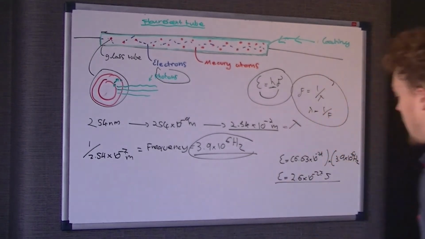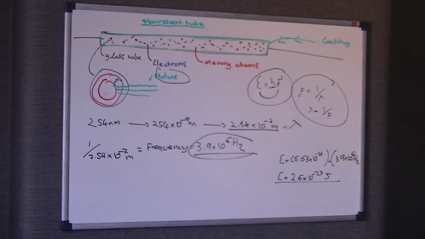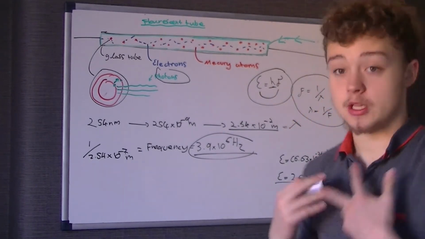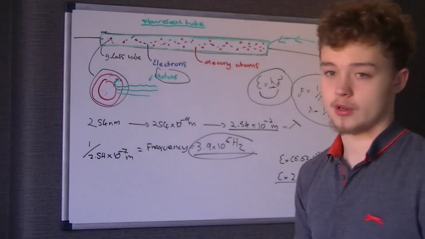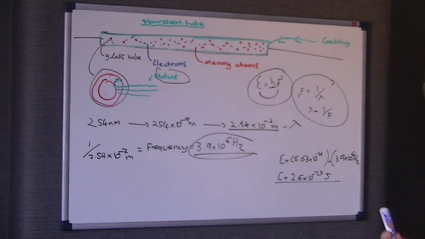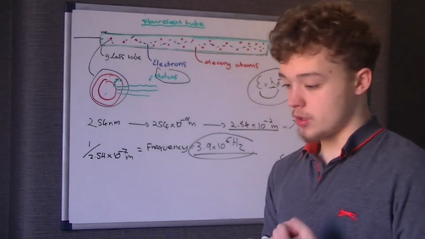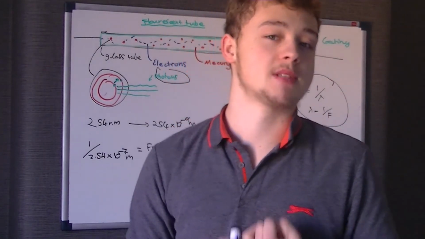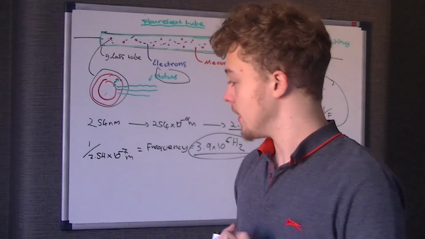Now, how do we convert joules to EV and EV to joules? Well, if you think of it, an electron volt is the charge of one electron. So the charge of one electron is 1.67 times 10 to the minus 19. Well, that's negative 1.67 times 10 to the minus 19, to be specific. But to think of it in terms of converting EV to joules, we just leave it as a positive figure. Now, if one electron volt is equal to 1.67 times 10 to the minus 19 joules, then obviously